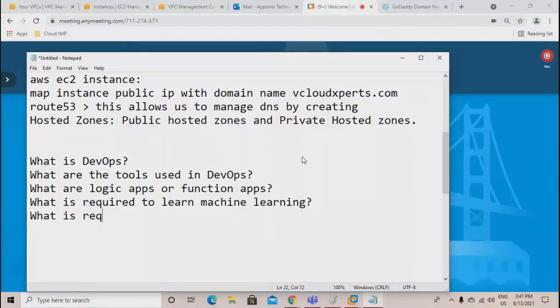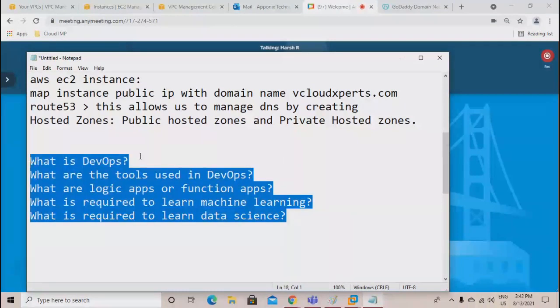What is required to learn data science? Okay. So some of you can maybe gather the information about DevOps. Some of you can gather the information on the logic apps. Some of you can gather the information on machine learning, and some of you can do it on data science. Okay.